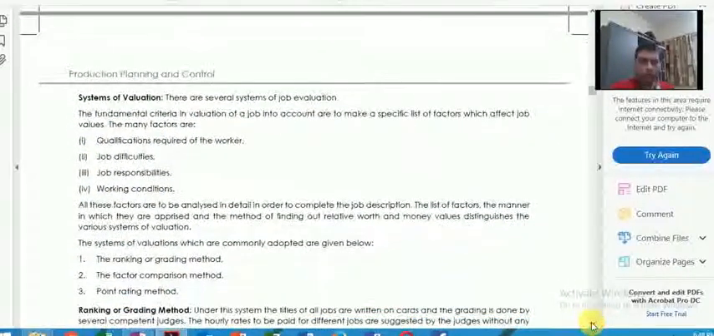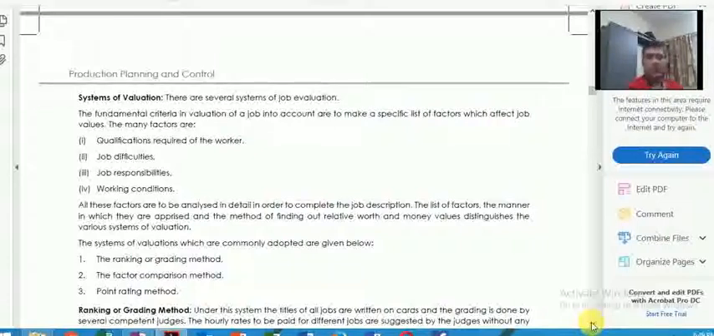Now the next part which comes in job evaluation is systems of valuation. Valuation means we are valuing the employee, or valuing the employee means we are valuing the work performed by him. What do you mean by valuing the work of the employee? See, we have joined them, we have a suitable number of employees, but just by having the employees, our work has not finished. We have to value the employee. Value the employee in simple terms means